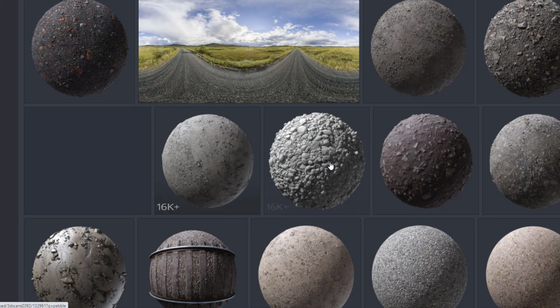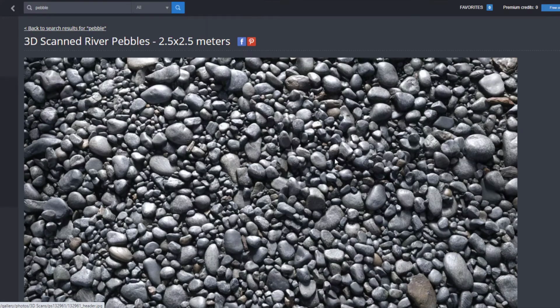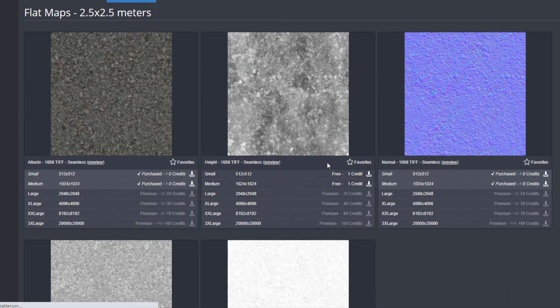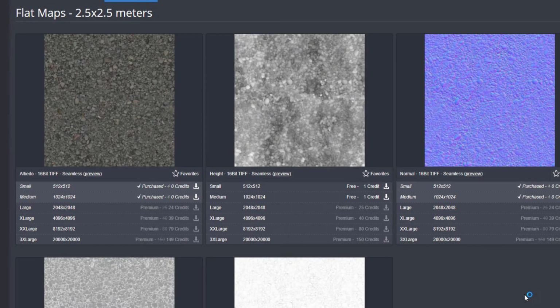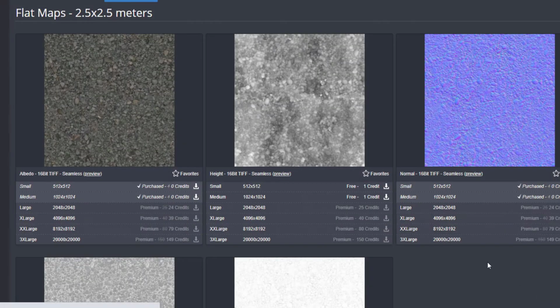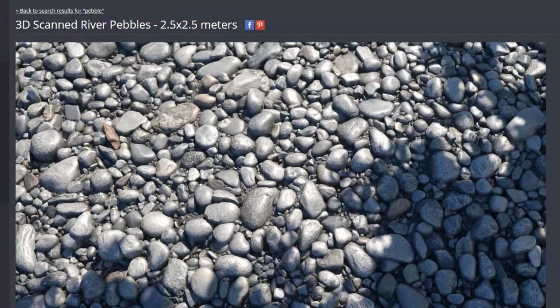Yes, maybe this one. It's good. We can download and save it, and we can download normal texture also, and